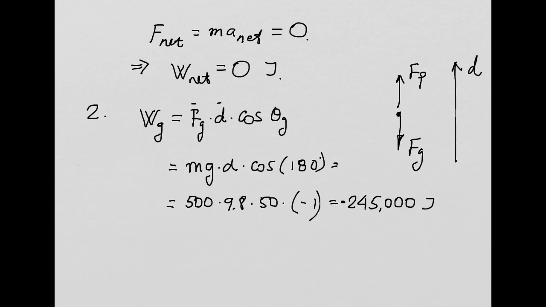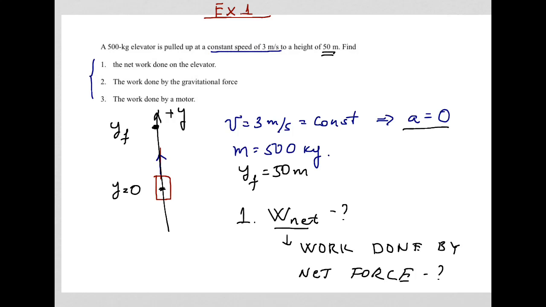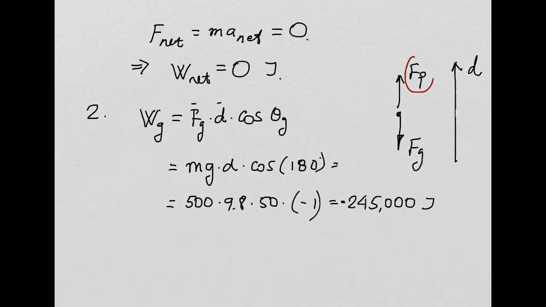Next question is the work done by the motor which is pulling up. The work done by this force. What is that force? How much work is that force going to do? Anyone? Think. Work done by that force is going to be 245,000 joules. Why? Because there are no other forces but these two, and these two forces combine to make your net force. Net work in this case, which we found to be 0, means this number plus this number should give the net work of 0. That's why the pulling force is going to do